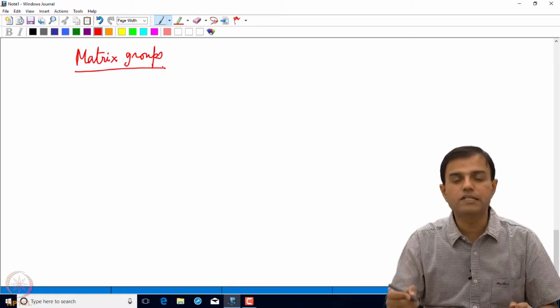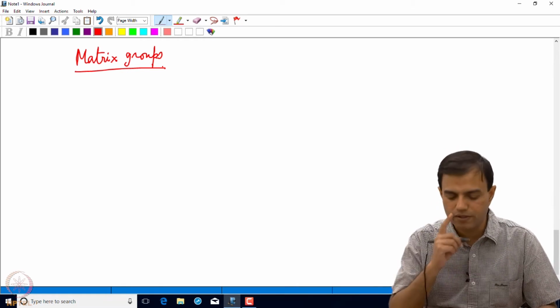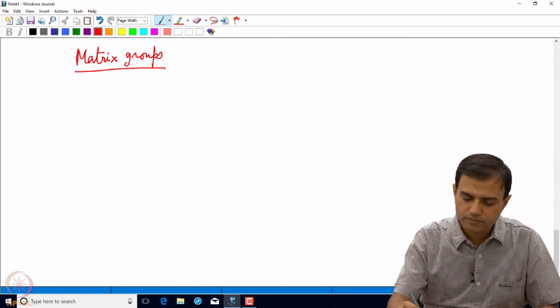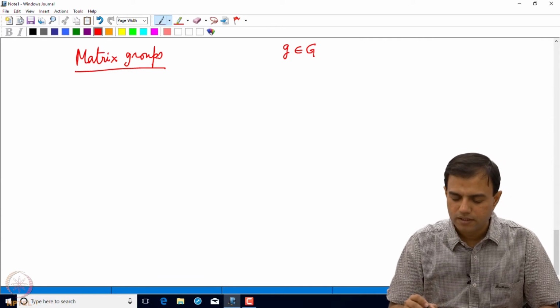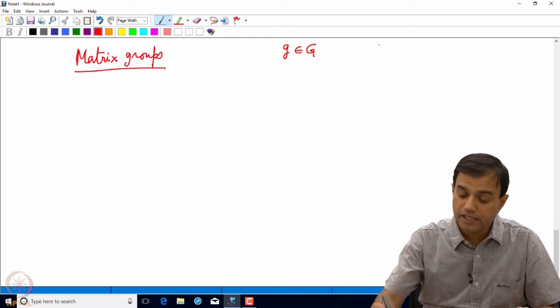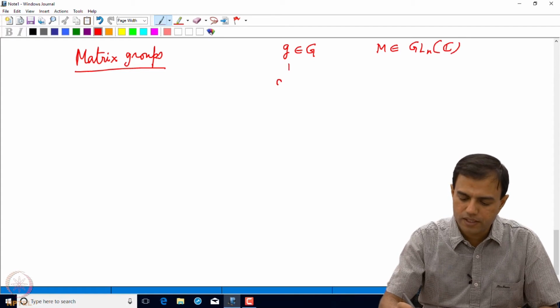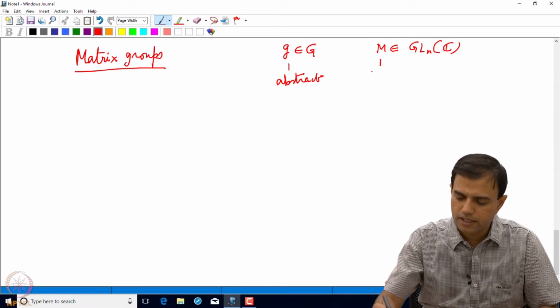What's the advantage of considering elements of an abstract group as matrices? When I have an abstract group, there is no structure to this element G. This G is atomic. But when I think of a matrix, so this is abstract, this is matrix,